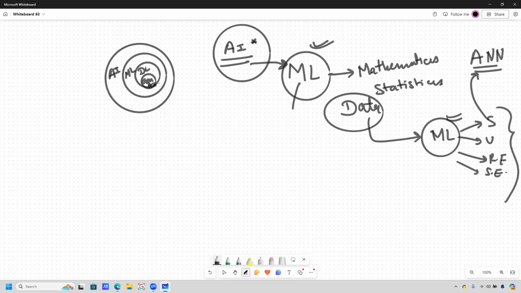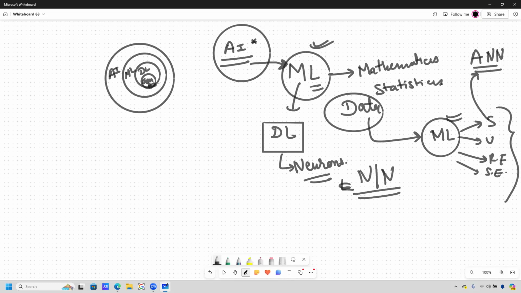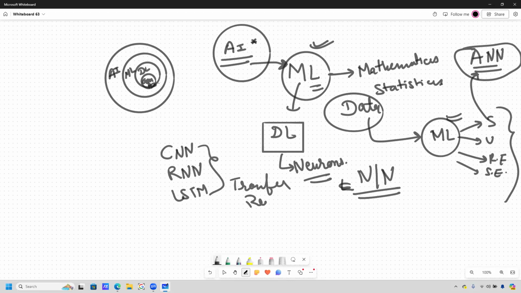Now, DL is a subset of ML. Here you can see that ML is a subset of AI, DL is a subset of ML, and generative AI is a subset of DL. When I talk about DL, I just want to mimic the human brain. To mimic the human brain, I need to focus on the neurons, so I talk about the neural network. In machine learning I covered the basic ANN. When I go deeper, I talk about CNN, then RNN, LSTM. All these are the old models. Now we are talking about the transformer and BERT. All these things come under DL, where you only focus on how to mimic the human